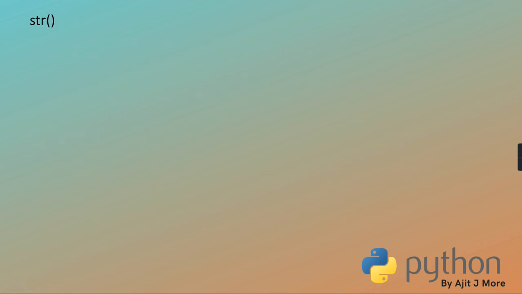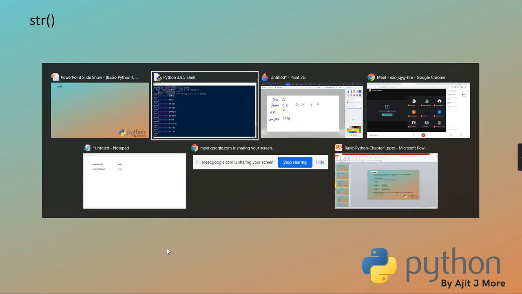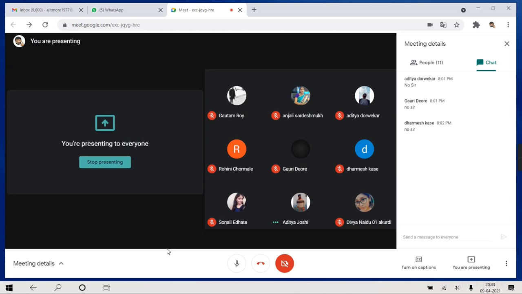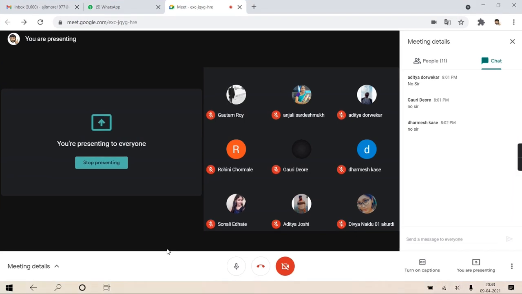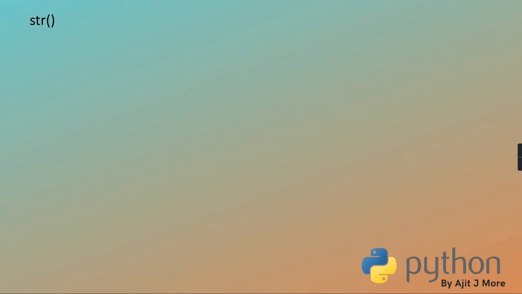And then coming to the last conversion, that is str. Okay? Now converting anything to string is very simple. Here there are no restrictions. It says whatever value you give, I'll return it as a quoted value. Quote means it will just put quotes on both sides and it gets converted into a string.